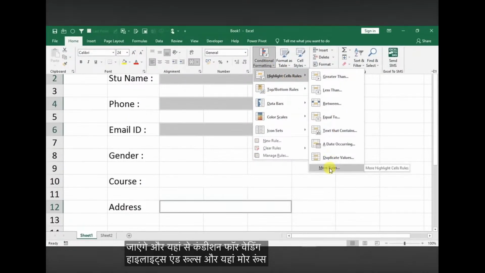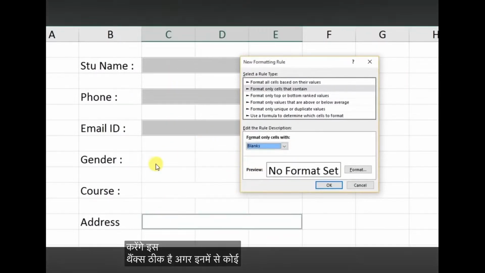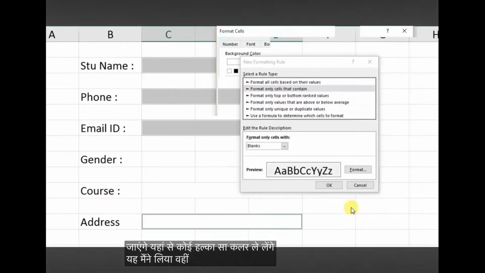रूल्स और यहां मोर रूल्स पे हम क्लिक करेंगे, यहां से ब्लैंक्स सिलेक्ट करेंगे। ठीक है, अगर इनमें से कोई भी सेल ब्लैंक है तो क्या फॉर्मेट लगाना है, तो फॉर्मेट पे हम जाएंगे और यहां फिल पे जाएंगे और यहां से कोई हल्का सा कलर ले लेंगे, ये मैंने ले लिया, ओके कर दिया और ओके कर दिया।